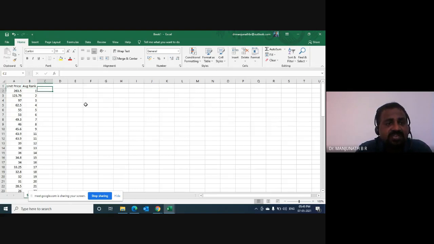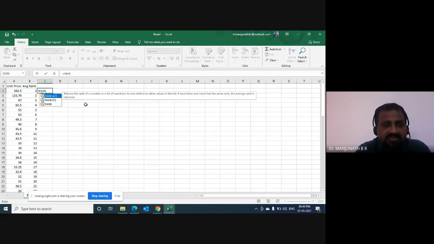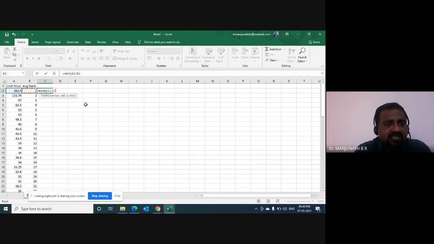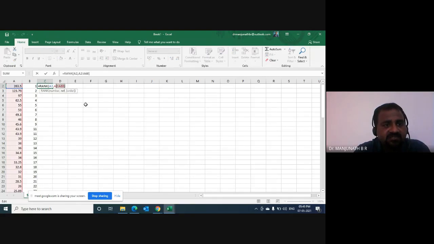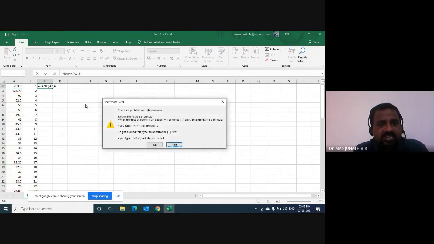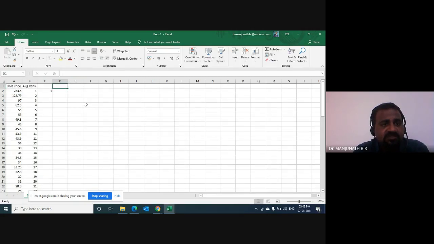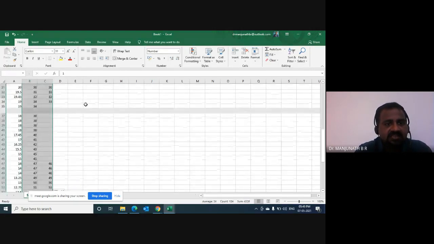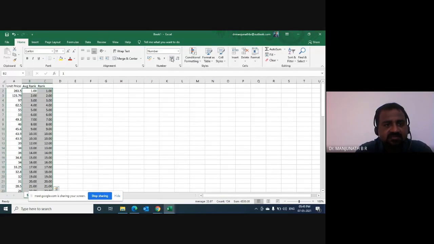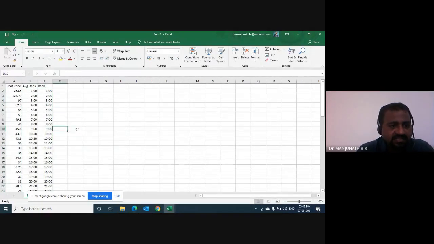But when you just apply a rank, let's see, I'm just applying a rank for the number, for the reference, I fix it. You're not doing anything, by the way. I'm just doing it. You are seeing what I'm doing. Just see here what happens. Yeah. If you see the average rank, there is an observation here.